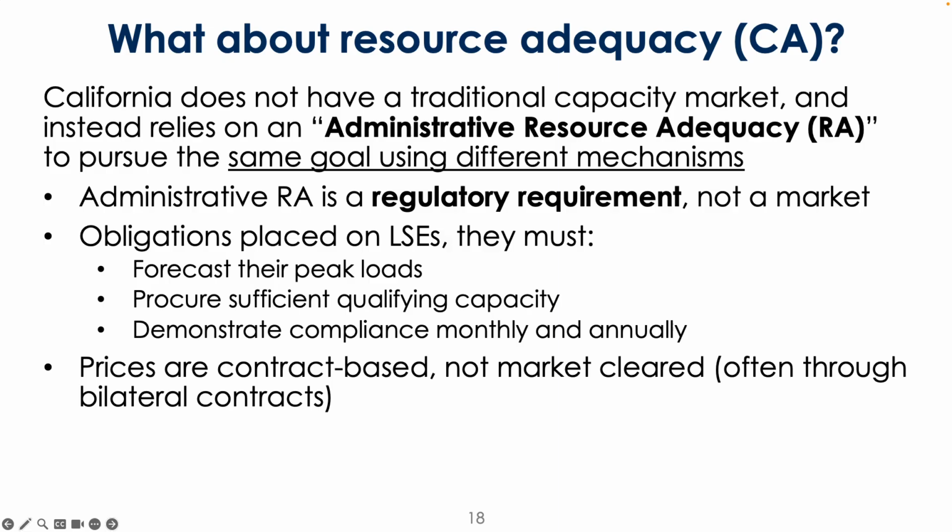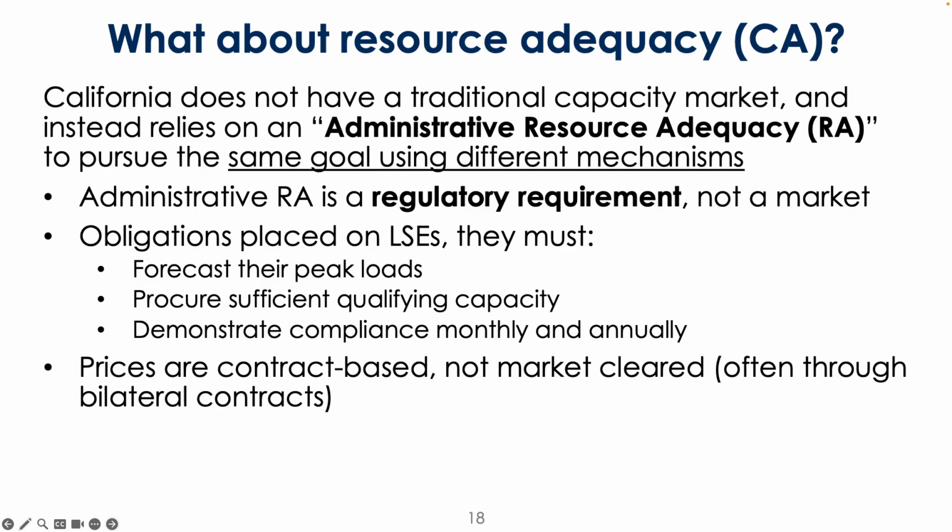You must procure sufficient qualifying capacity based on those forecasts, and you have to demonstrate this compliance on a monthly and annual basis. So now you're basically telling a utility, for example, you just have to have that capacity,